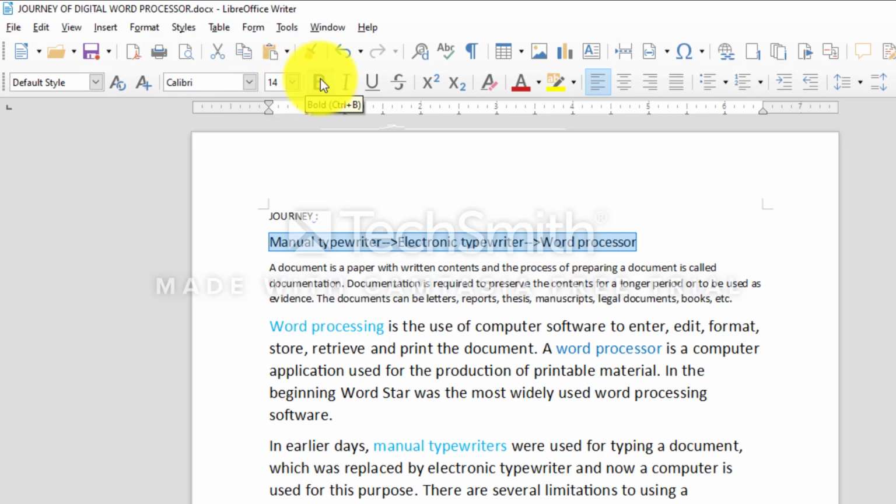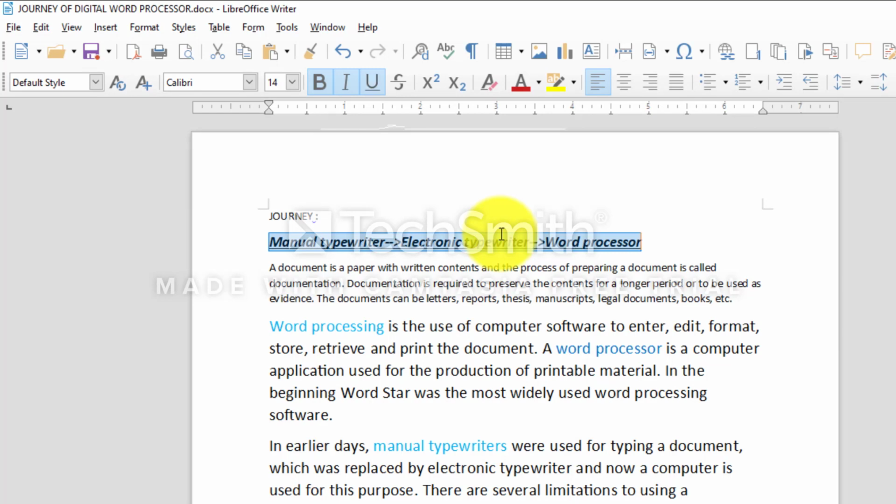On the format toolbar, you will find the buttons representing the letter in bold, italic and underline form. These are toggle buttons. To apply any of the effect of bold, italic and underline, first select the text, then press the desired buttons on the formatting toolbar. The keyboard shortcuts for bold is Ctrl+B, for italic Ctrl+I, for underline it is Ctrl+U.